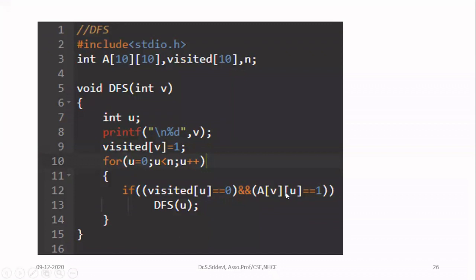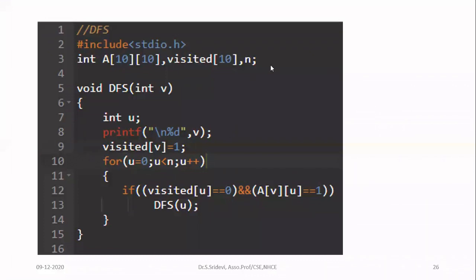First, I am checking whether it is a neighbor. You can check the second condition. I'm checking here whether it is my neighbor. How to check whether it is a neighbor? I am searching with respect to node V. Then I am searching whether U is the neighbor of V. So you have to search in the row of V and in the column of U in the adjacency matrix. A of V U is nothing but we are checking whether U is a neighbor of V. If it is a neighbor of V, A of V U will be equal to 1. If that value is equal to 1 in the adjacency matrix, it means that V is having the neighbor as U. So in that case, you got one neighbor.